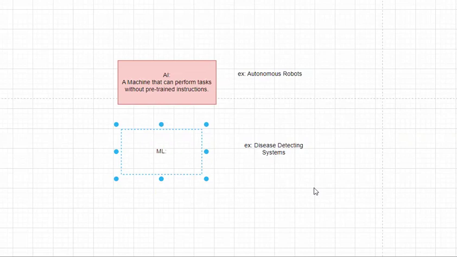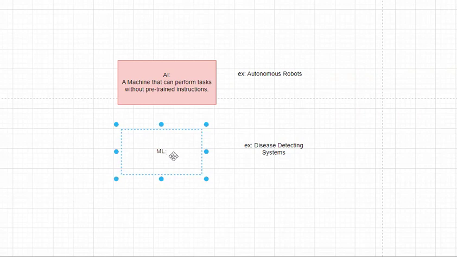Let's say any user or any patient came to my hospital and did a checkup for his disease, and the reports are generated. Based on the reports generated, in order to analyze whether it belongs to a particular disease or not, if the system detects that disease based on the reports, then we can say that belongs to an ML model.